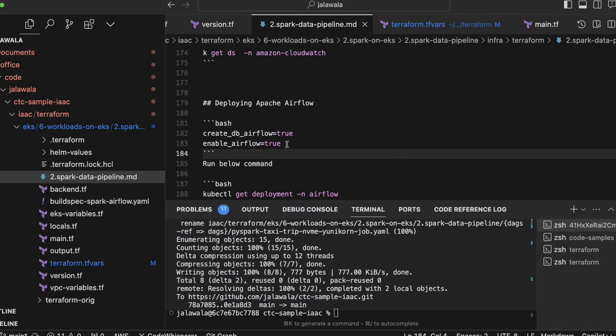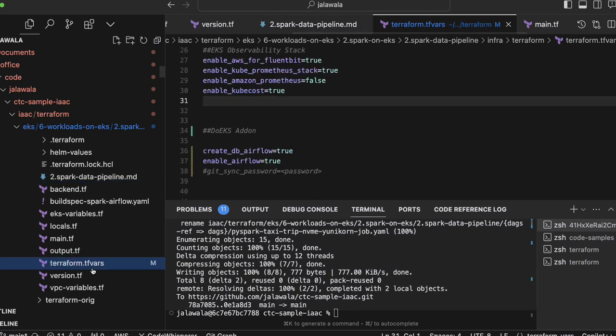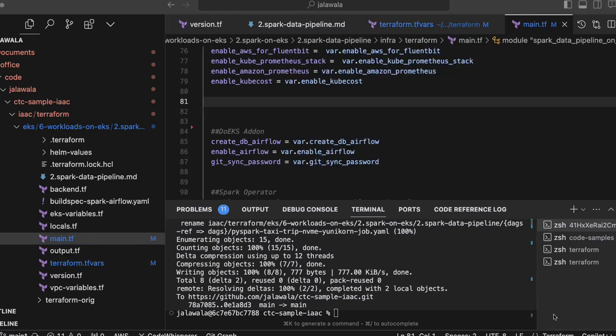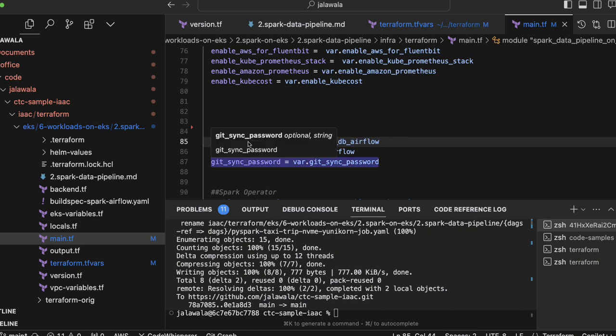So we need to enable a few variables, create_db is true and enable_airflow true, in the terraform.tfvars file, and then in the main.tf file we have to provide these to the module. Right now let us go to the main.tf. So this is our main.tf. Inside the module block, I'm enabling these variables. So I'm passing the create_db_airflow and enable_airflow values to this module,